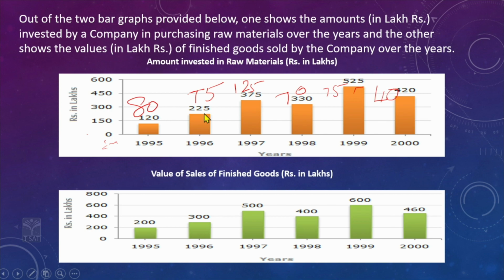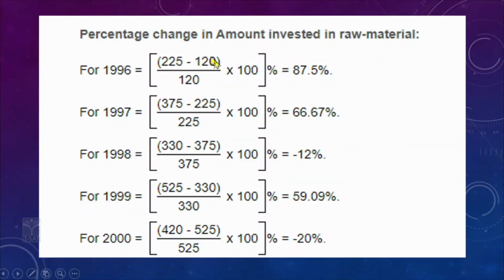Now, coming to this question, 225 minus 120 by 120 into 100, that is approximately 105 by 120 into 100, which is